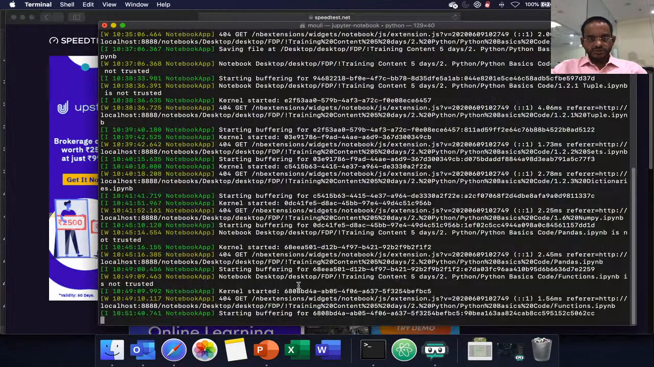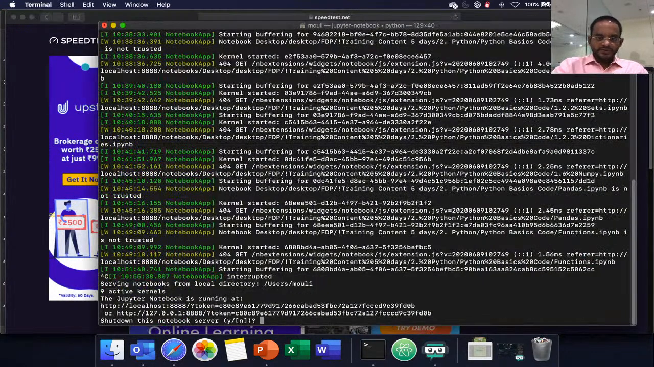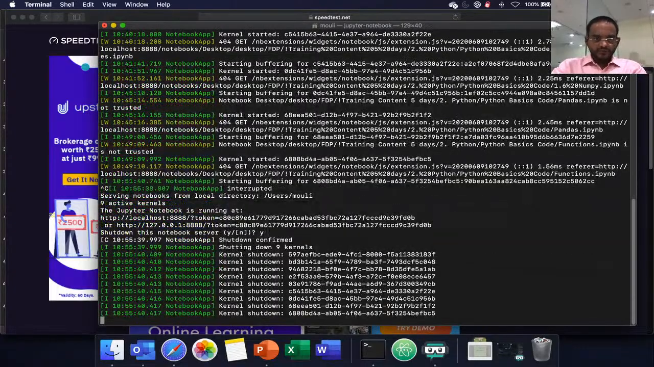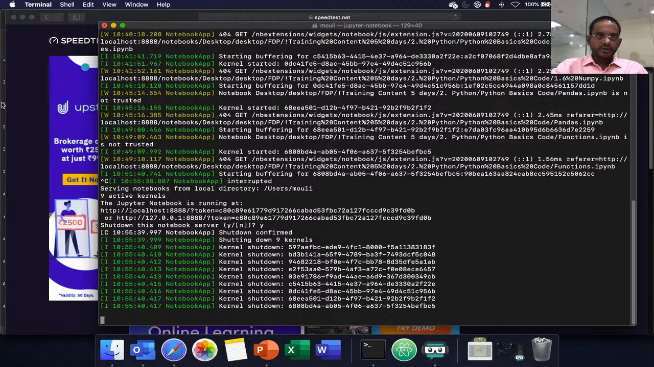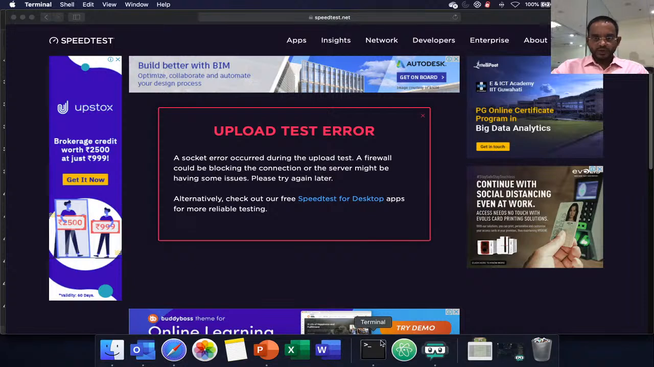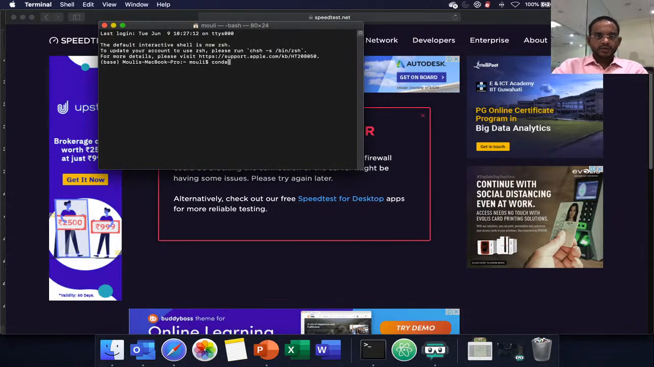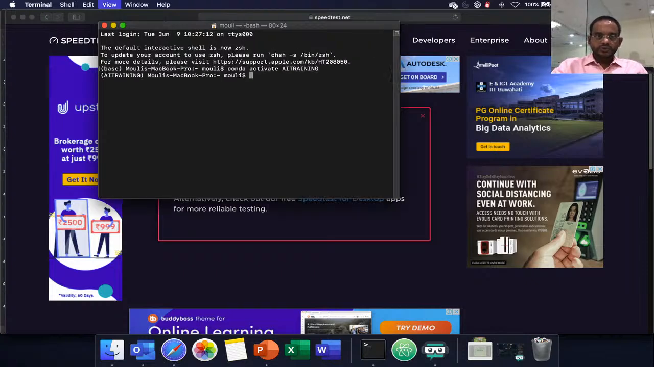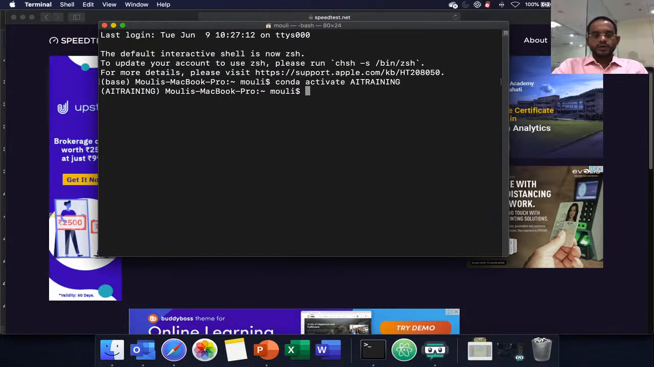Or did I close it? Okay, let me open this again, the Jupyter notebook. Unknowingly I think I closed even the Jupyter notebook, so I'll have to open it. Now let me activate my virtual machine folder so it will be visible to you. Now I will call Jupyter